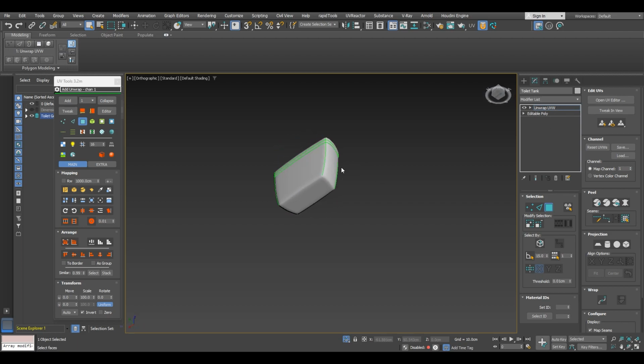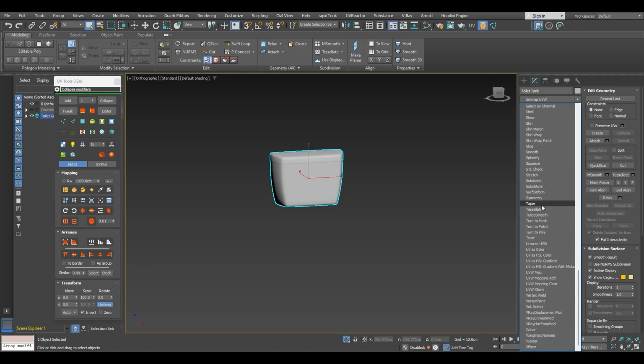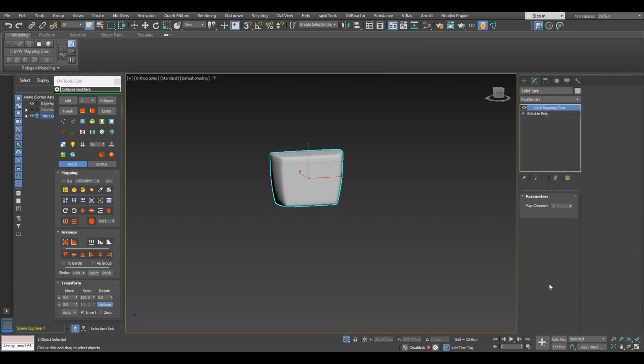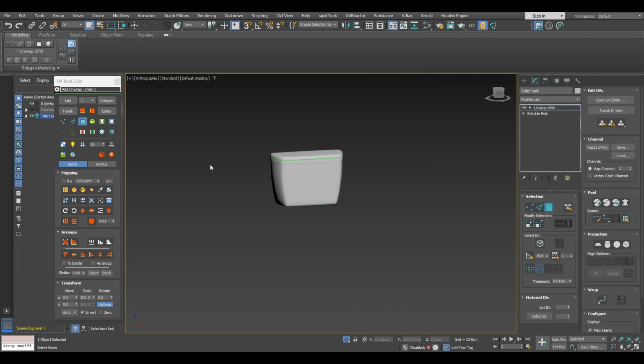And so now we can see that we have actually preset the UV, but before we go ahead, I'm going to click on collapse right here, so it collapses the modifier, and I am going to add a UV mapping clear. So we delete the UVW mapping and convert that to editable poly. And now when we add the unwrap modifier, we are going to see that we do not have any unwrapping going on. So go ahead and press F4 to go into edge faces, and then you are going to get